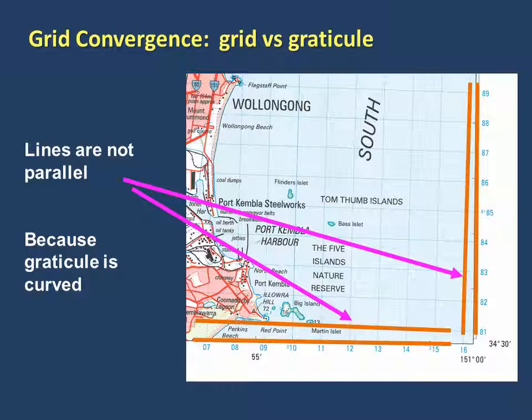Now if you compare these things, and I've embellished the grid lines and the margins slightly here with these big bright orange lines, you'll notice they're not parallel. You can see there's a divergence between the lines defined by the grid lines and the actual borders of the map. Probably most obvious on the bottom, but it is also fairly clear on the right hand side. Why is this? Well, it's like that because essentially one set of lines is square, which are the grid